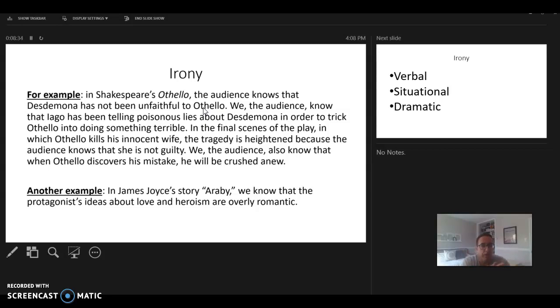Very dramatic moment. But it's even more dramatic because we, the audience, know that Iago is lying to Othello. We know Desdemona is faithful and does not deserve what's happening. Well, I mean, nobody deserves to be murdered because they're unfaithful, but we know that she's faithful to Othello. We know Othello's making this giant mistake, and so when he murders her on stage, the tragedy is heightened because we know, and we know that Othello does not know. This dramatic irony creates this heightened tragedy on stage.